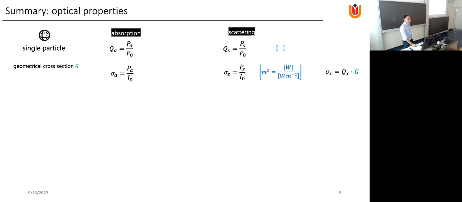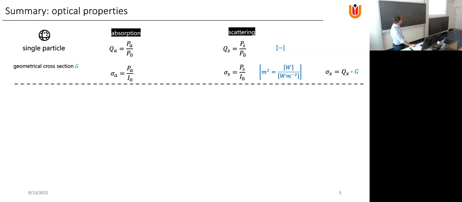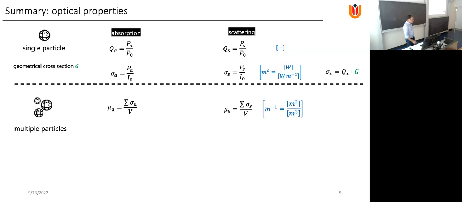And if we know the geometrical cross-section of the particle, we can link efficiencies and cross-sections together just by the geometrical cross-section of the particle. Then for multiple particles, so actually the topic that we want to go to, we already looked a little bit at the